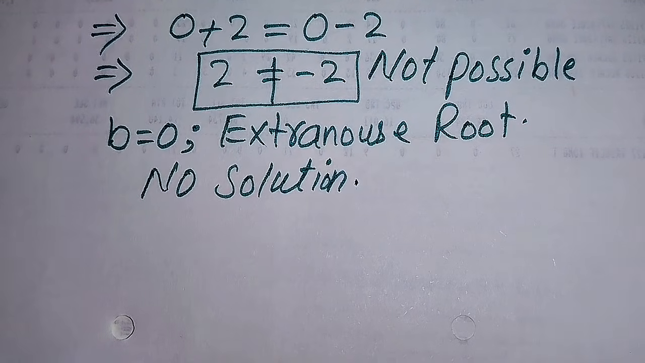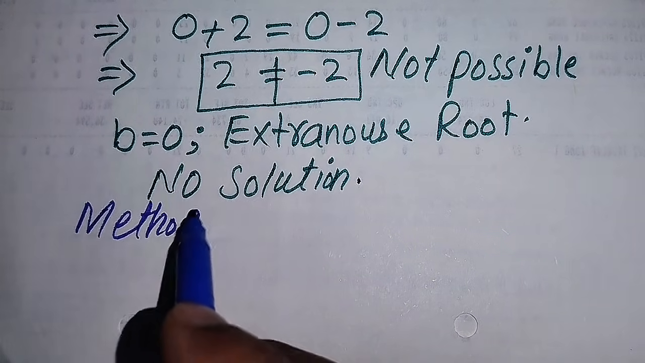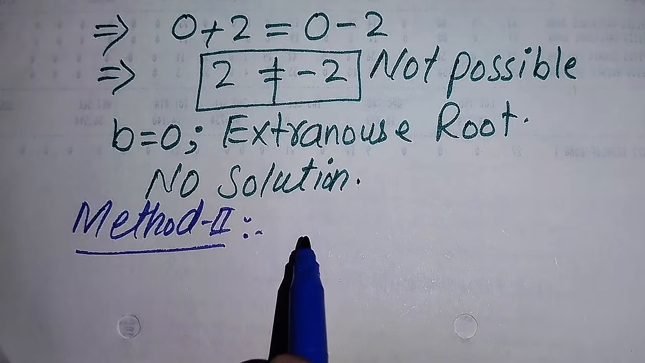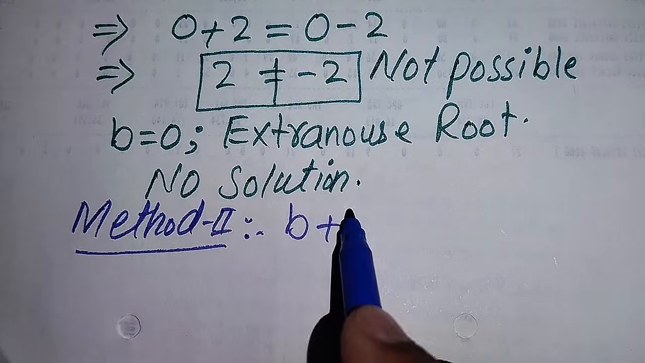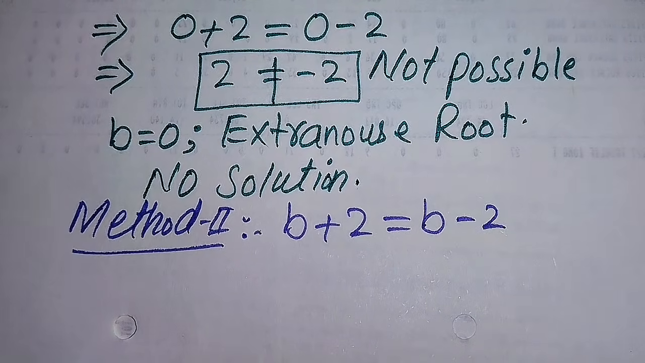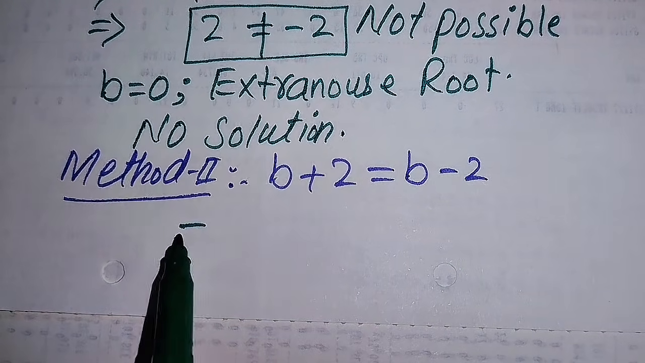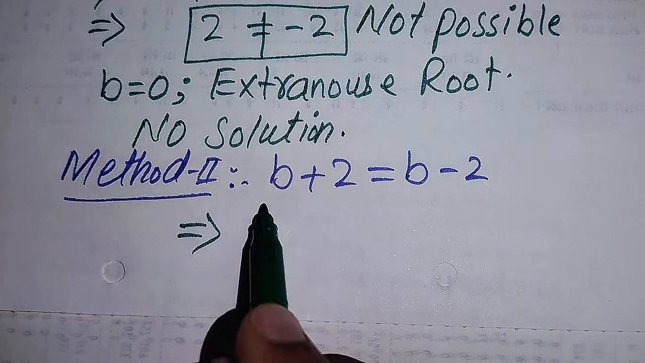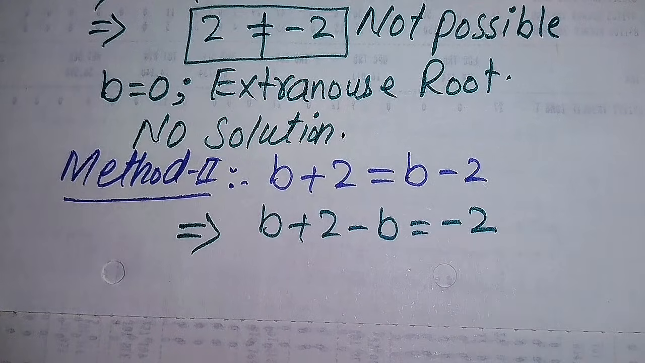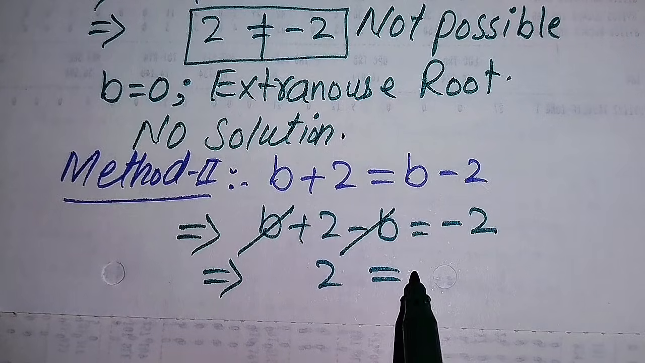So this is our first method, and now we solve this problem again using the second method. In the second method we copy down the given question statement, which is b plus 2 equals b minus 2, and here we directly solve this problem. We move this b to the left hand side, and it becomes b plus 2 minus b equals minus 2. So this minus b and this b are cancelled out by each other, and we get 2 equals